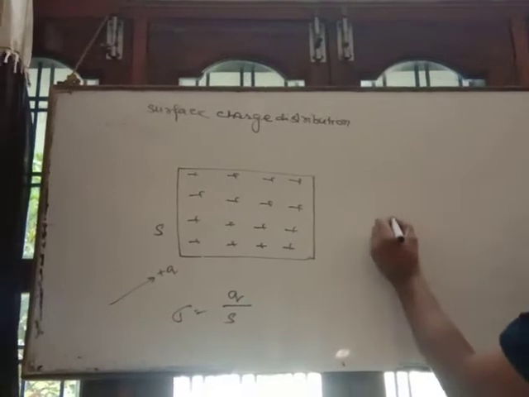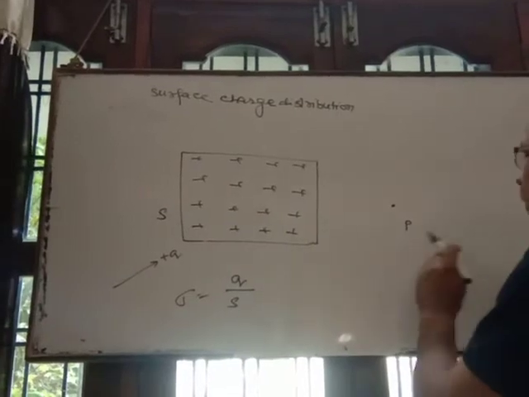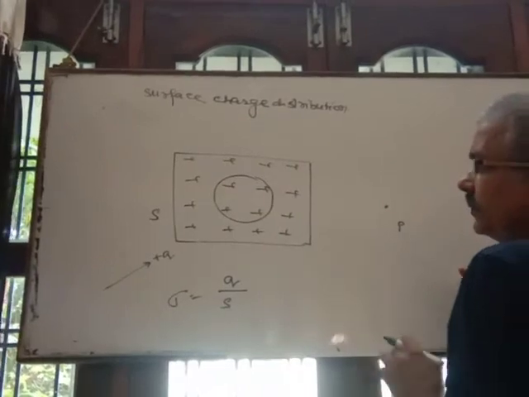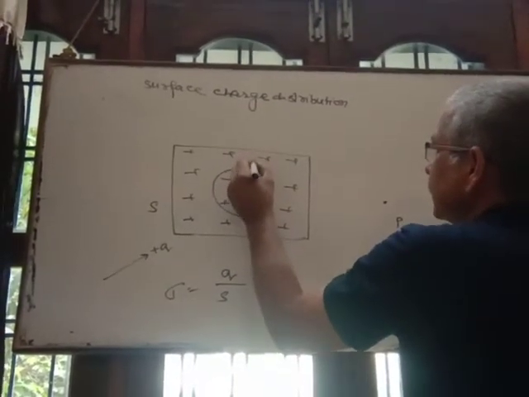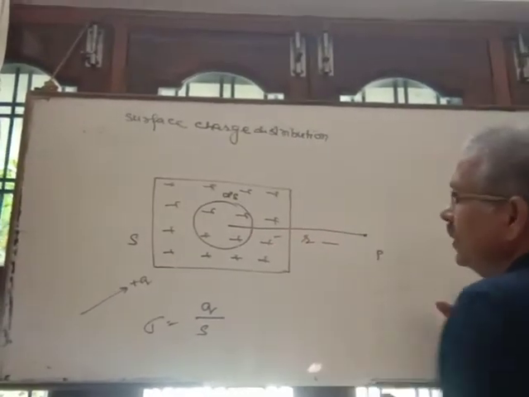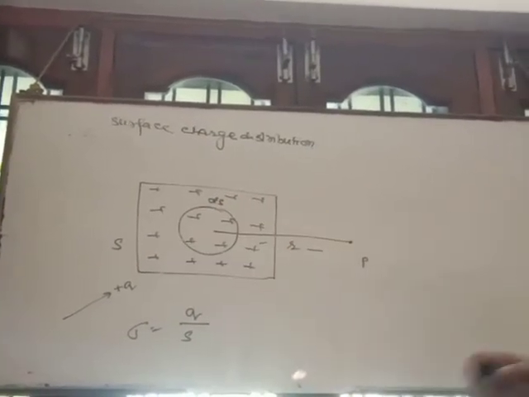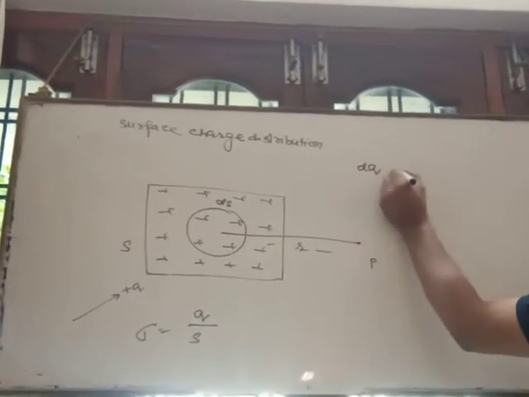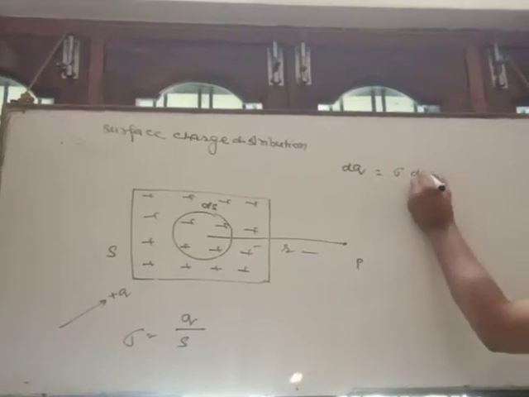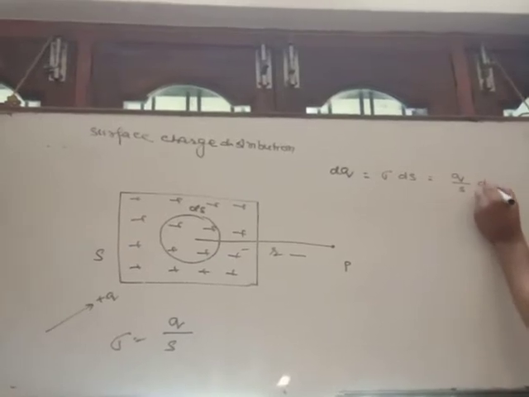And our aim is to find the electric potential at point P, which is at distance, suppose R, from the sheet. Now we take a very small segment of this charge sheet. Suppose its area is ds and the distance of the given point from the charge sheet is R. First we have to calculate the amount of charge present in this particular segment. Suppose it is dq is equal to surface charge density sigma into the surface area of the segment, that is ds. It is equal to Q by S ds.